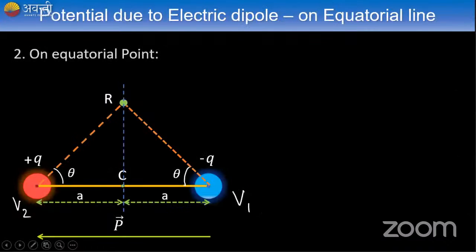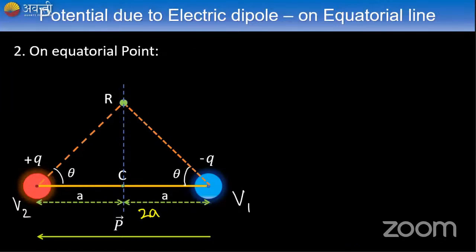So we'll try to find the electric potential due to a dipole on the equatorial position. So which is the equatorial position? We'll consider this. We have two point charges, plus Q and minus Q, separated by a fixed distance of 2a. Now, if we consider a point R along the midpoint,